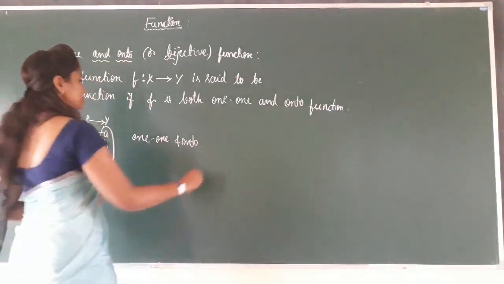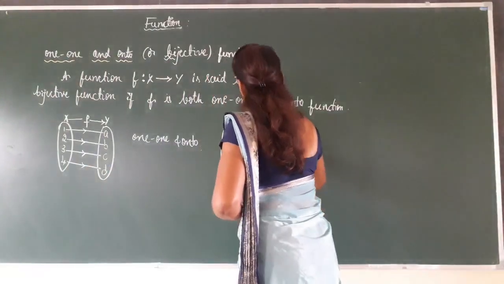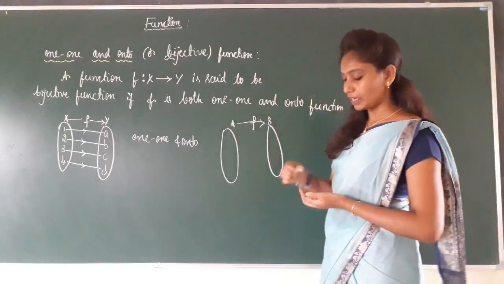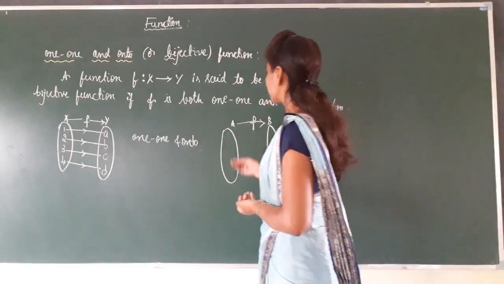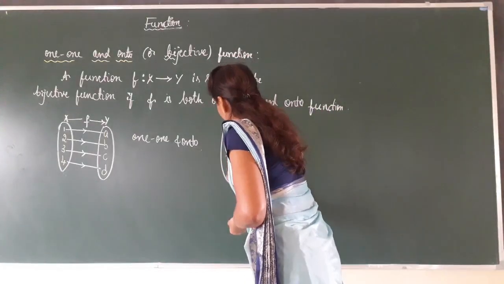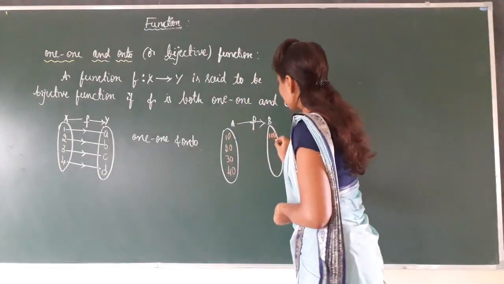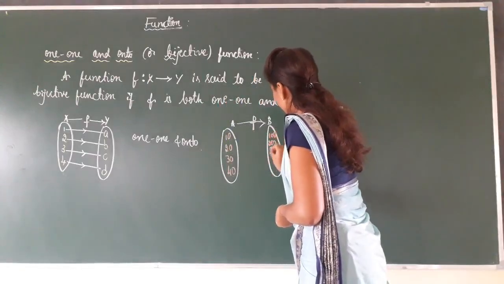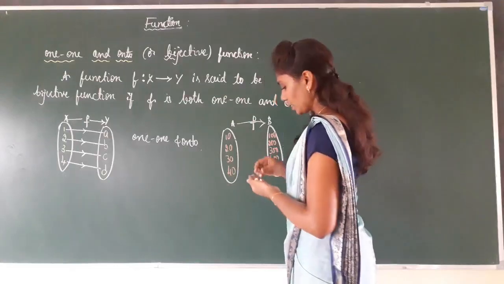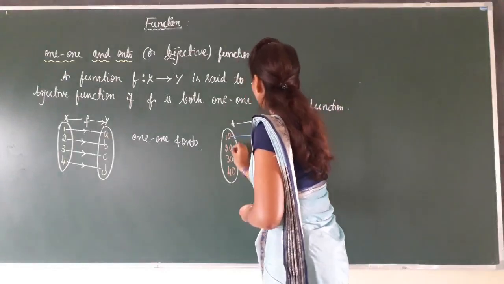Observe another example. Set A, set B, a function from set A to B. Set A has the elements 10, 20, 30, 40, and B has the elements 100, 200, 300, 400, 500. In the mapping, the element 10 goes to 100, 20 to 200,